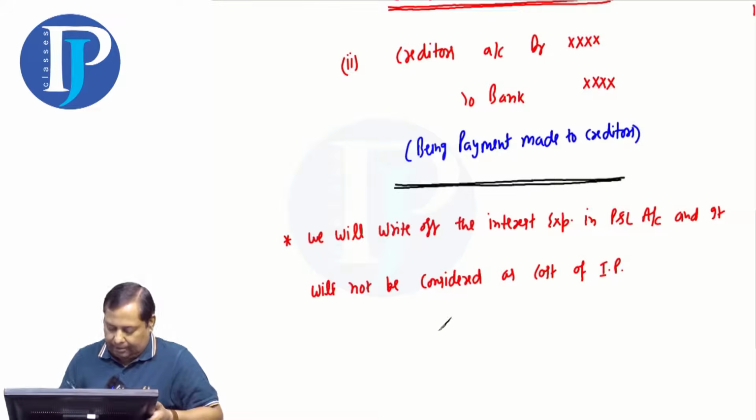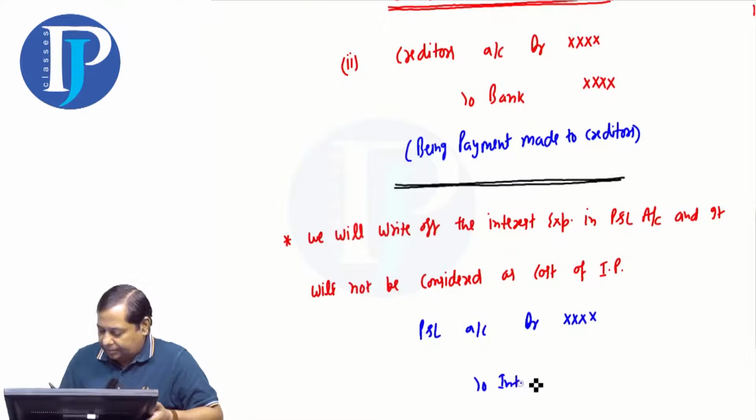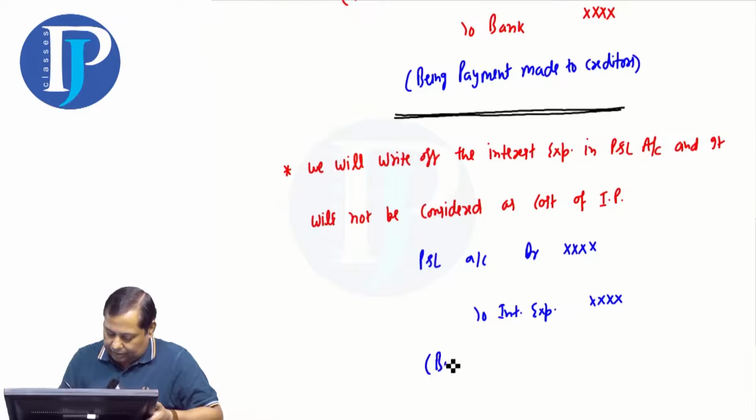Let's suppose we won't include it in the cost, instead we'll record it separately. Profit and loss account debit to interest expense, being